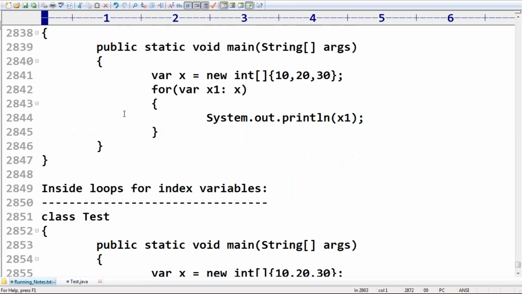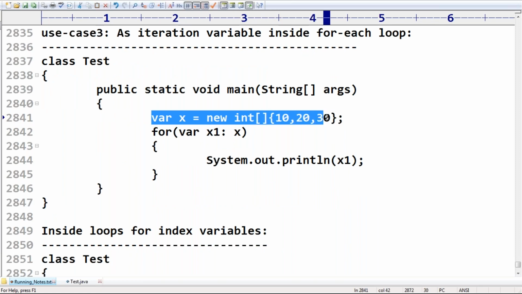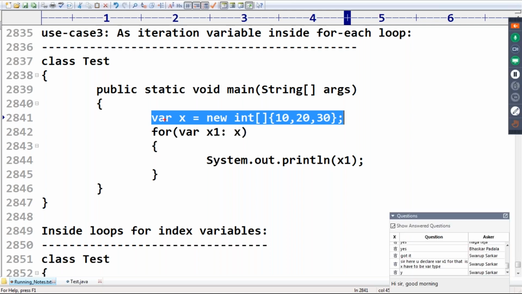Yeah. Swaroop, have you observed from this line, can I declare the type of x automatically or not? Please confirm. Is it possible to declare or not? Yes, there is no ambiguity at all. Now this one will be replaced with the int array automatically by the compiler at compile time. Okay, next. So there is no problem related to this line. Now come to the next line: for x1 in x. Sir, the compiler is already aware of what type x is.